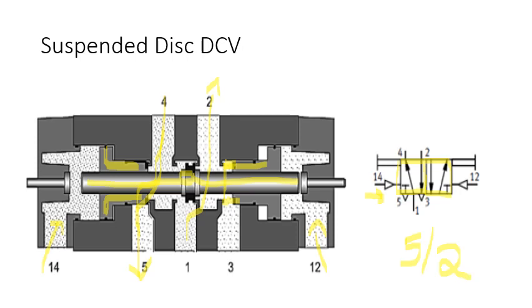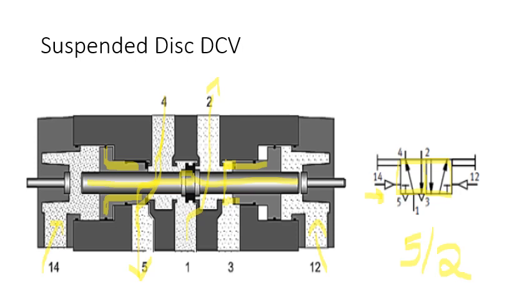Then what about the actuation? See here, this one will be the pneumatic air supply. You can see the pilot signal number 14 and pilot signal number 12. These are the input pilot signals. If it is the initial condition, for example, now 14 is given the supply, then until you give the next supply from port number 12, it will be under the same condition, it won't change its condition. Means 1 to 4 is connected in the initial condition and 2 to 3 is connected, but the cylinder will be at the retract condition.